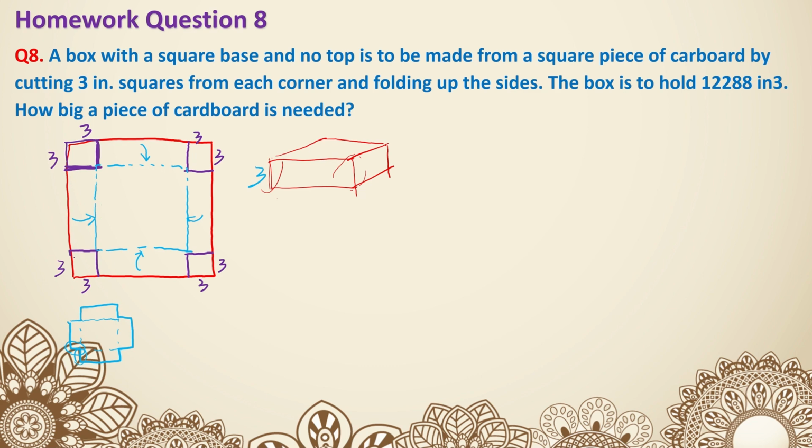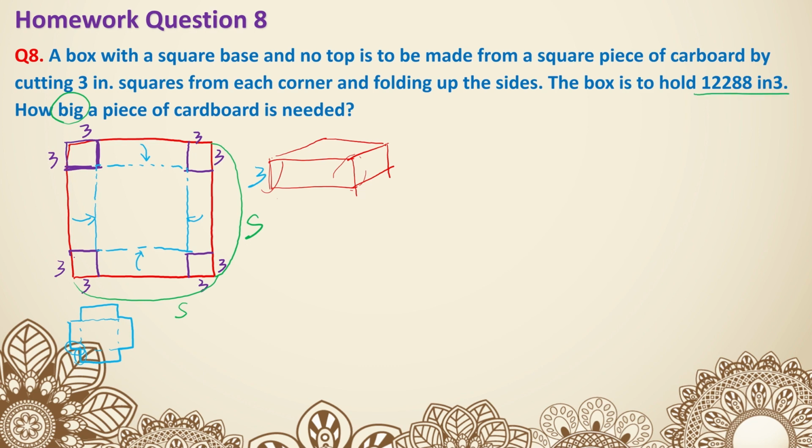Or actually, let's not call it S. Let's say the original piece of cardboard, because the question is actually asking how big a piece of cardboard is needed. So as soon as we know a side, we will be able to calculate how big, because both of these two sides are going to be S. If we know S, we can just multiply them or square them. That's going to give us the area of the original cardboard. Now, in order to calculate, we are given another piece of information. The box is to hold